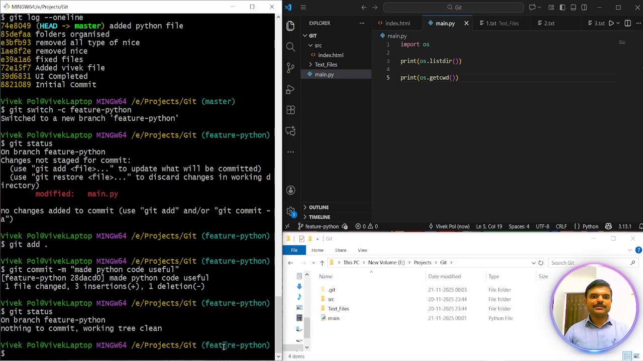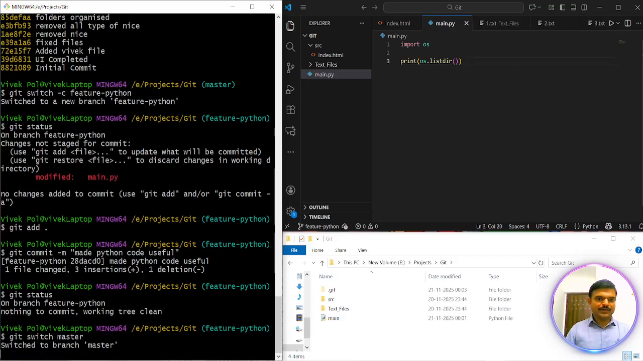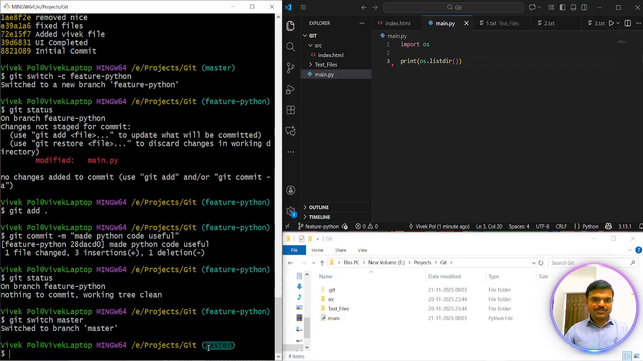currently I am in feature Python branch. Now I will switch to our original branch. Git switch master, enter. I have switched to master branch. Okay. Now I will make some changes. See, these files are changed now. I will make some changes in this